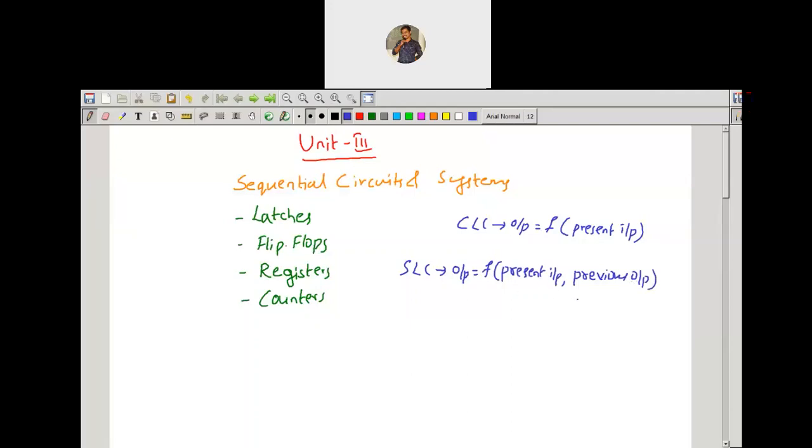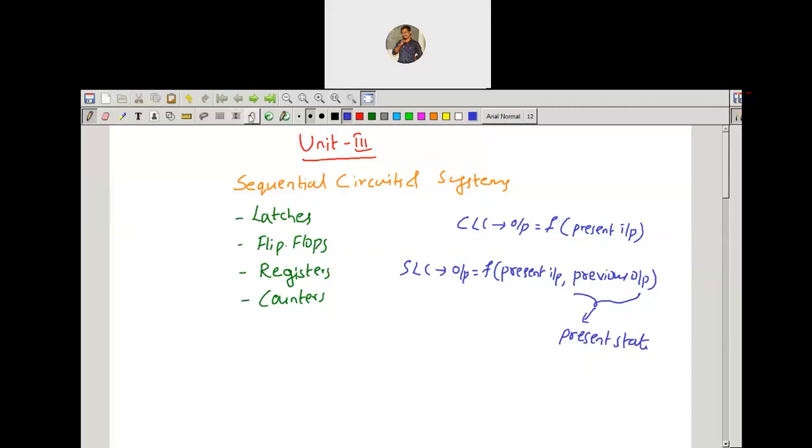So here, a previous output can also be called the present state. We can also call a previous output the present state. Here you have to remember that present state as well as the previous output both are the same. In our lecture I'm going to use present state and previous output; you have to treat them as the same meaning. So let me explain that over here.